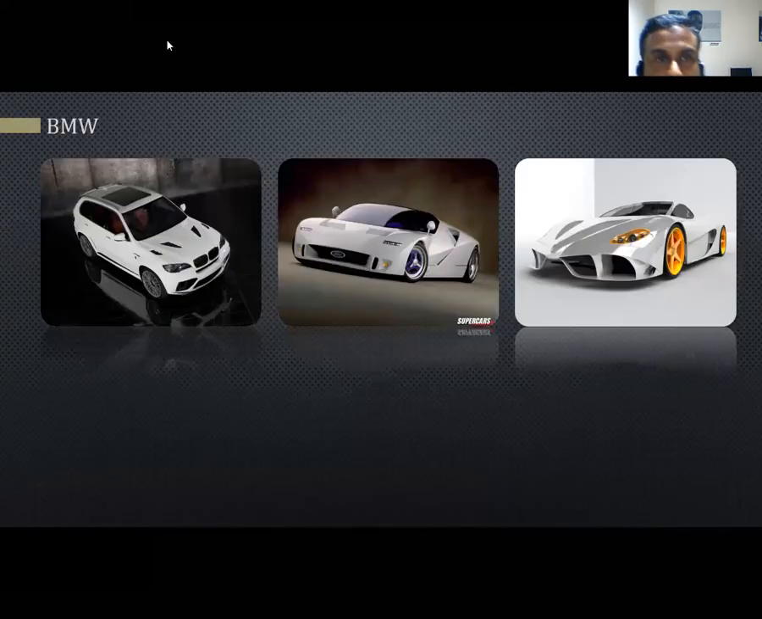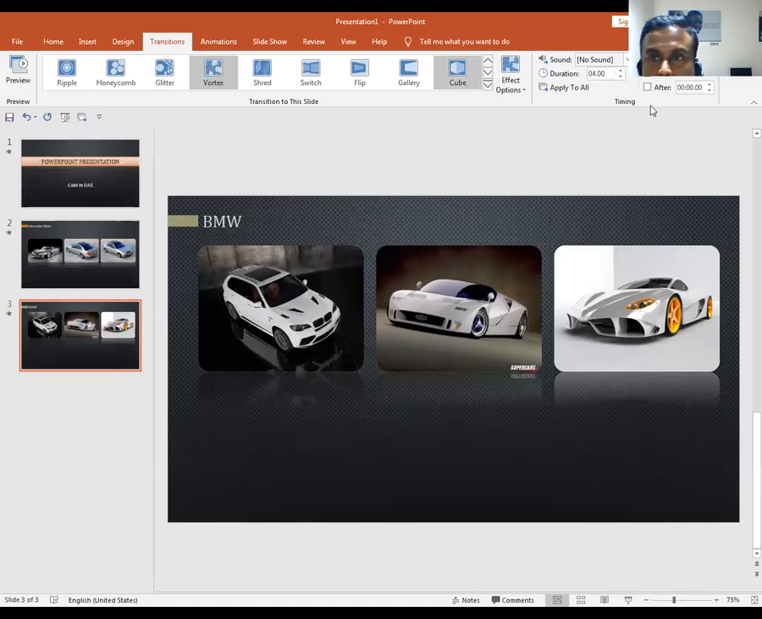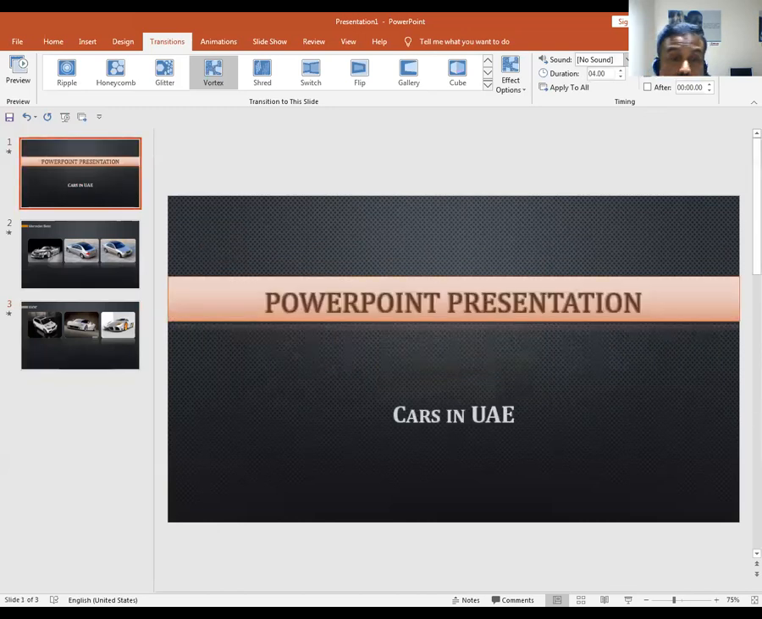And another thing in transitions is, look at the last thing. That is the timing, right? Advance slide. By default, the slides are advanced by scrolling or by using the arrow key. So it is a manual thing. That's why it says advance slide on mouse click. We want it to be automatic. So uncheck this on mouse click and say after, see this, seconds, minutes, hours. 1, 2, 3, 4 seconds, right? Okay, after 4 seconds, and then the next slide,